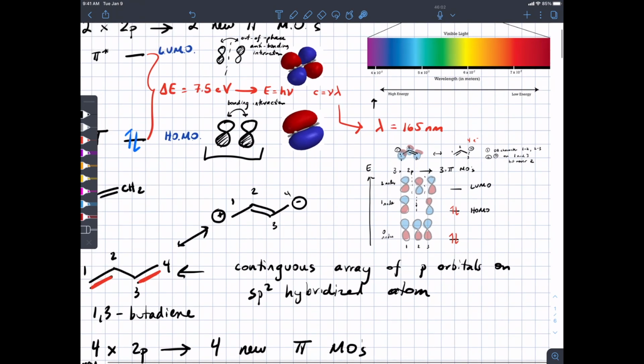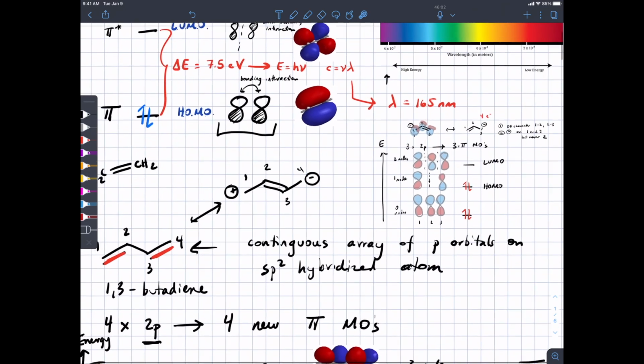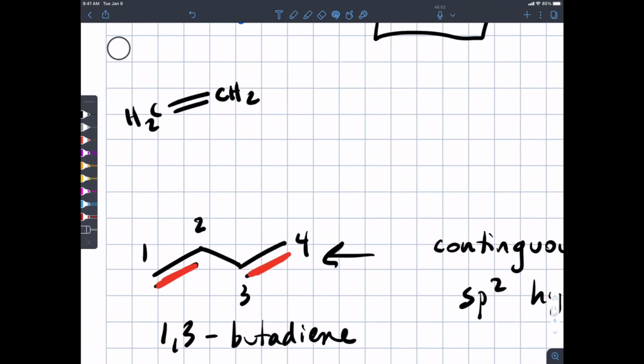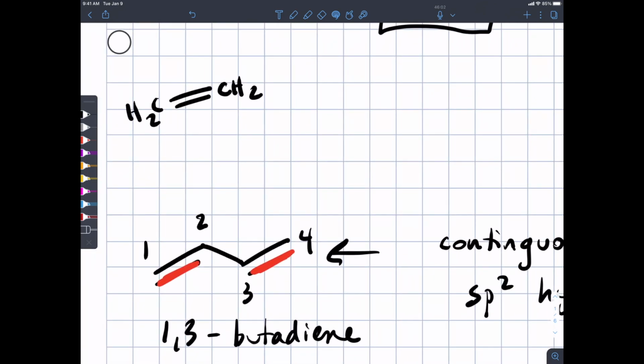We can continue to do this with additional p orbitals, and so the next iteration would be, what if we have 4 carbons that are all conjugated to each other? And that occurs here in 1,3-butadiene. You have carbons 1 and 2 that are involved in a pi bond, but you have 3 and 4 that are also involved in a pi bond, which means on each of these atoms you have a p orbital that's